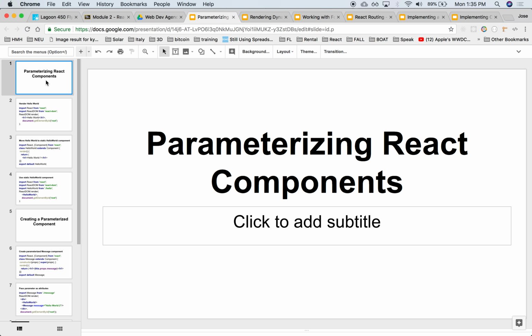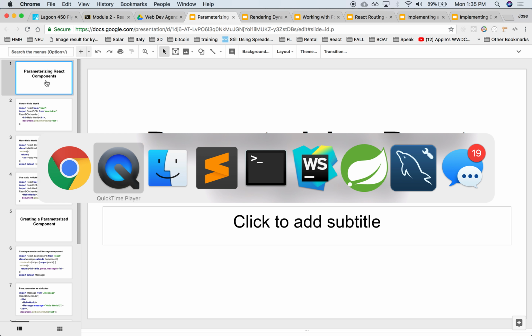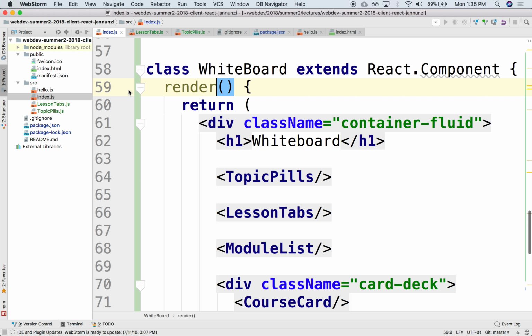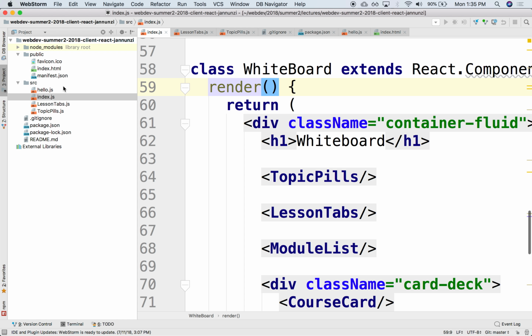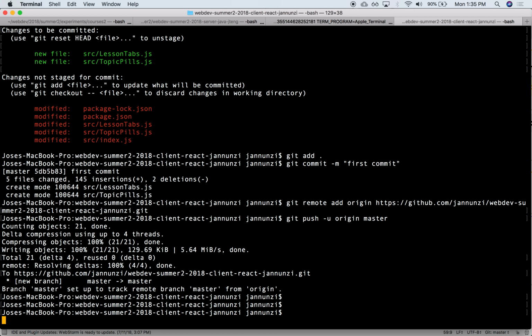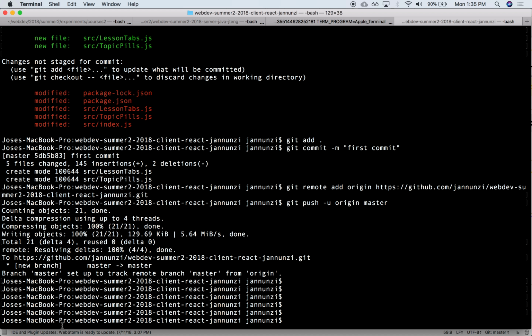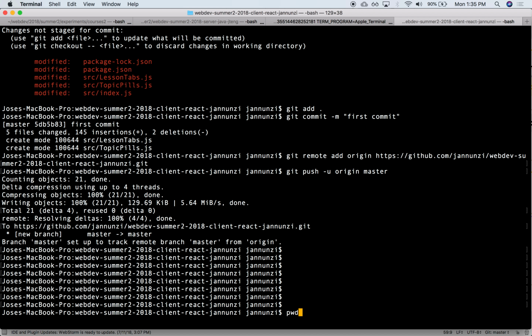All right, so let's review how far we got last time we met. We had created a React client, and we had installed several libraries such as the Bootstrap CSS library and the Font Awesome CSS library, right? We were playing around with the icons and the look and feel and creating tabs and lists and tables, making it look pretty. That's the project we had created under WebDev Summer 2 2018 Client React. And I pushed it. It's available on GitHub if you want to take a look at what we worked on